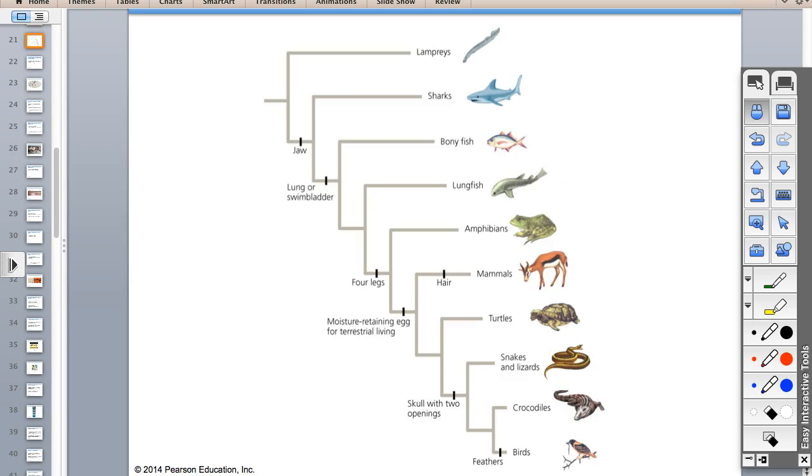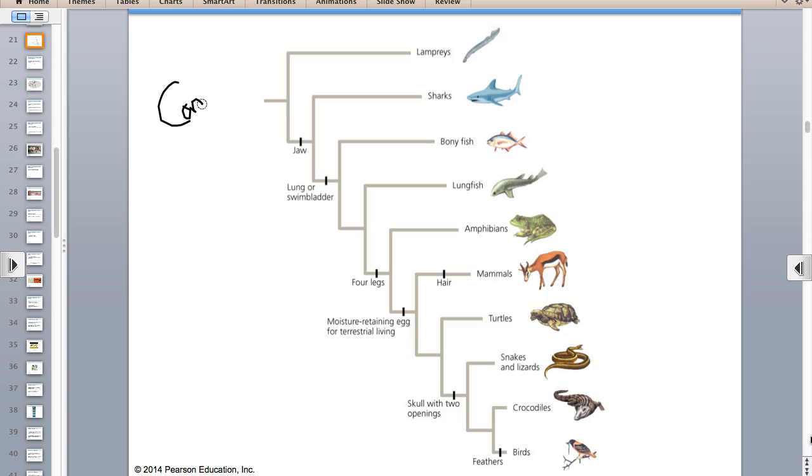Phylogenetic trees. This is the tree of life you've heard of. When evolutionary biologists draw these things out, they really are trees. If we look at the common ancestor here, over time you'll have these traits that come up. Like this is a jaw. See that little line right there? Everything past this line has a jaw. So notice lampreys, they don't have jaws. Okay, cool. So everything over here has a jaw.